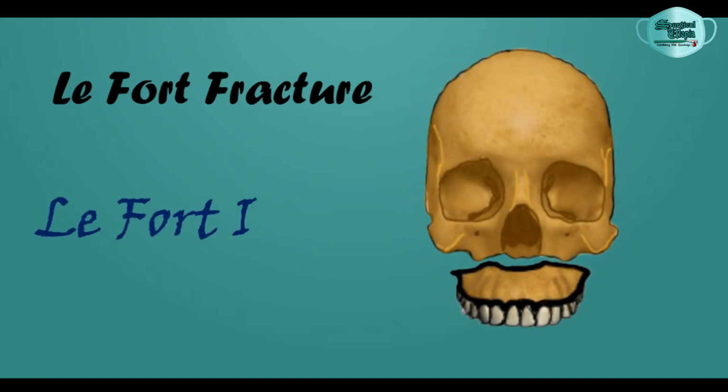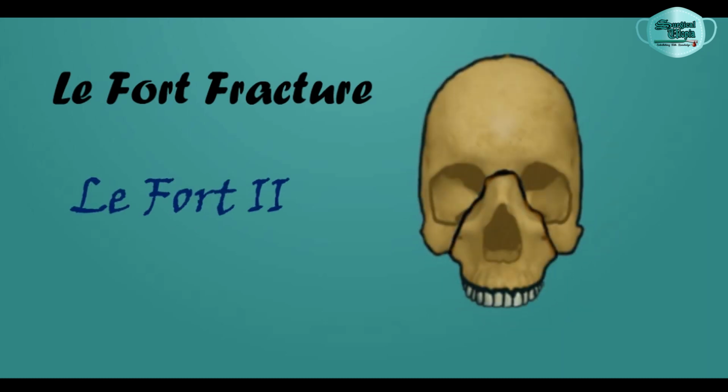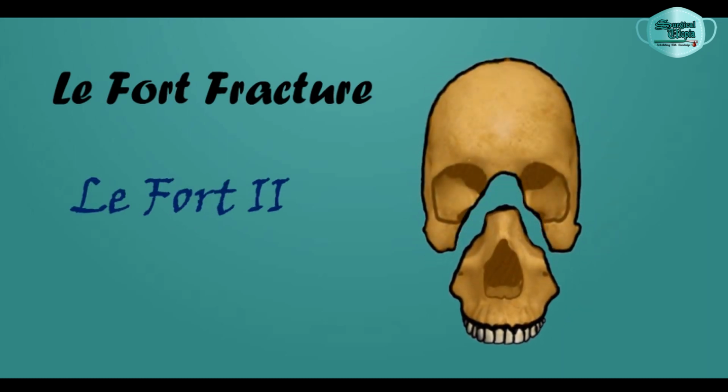Next is the Le Fort fracture, and it is divided into three types. The first one is Le Fort 1, which is also called low level fracture or subzygomatic fracture, and it was also known as floating fracture. The second one is the Le Fort 2 fracture. As you can see in this picture, it is also called pyramidal fracture because of the shape of the segment that is dissociated from the cranial base. And this fracture is also a subzygomatic fracture.